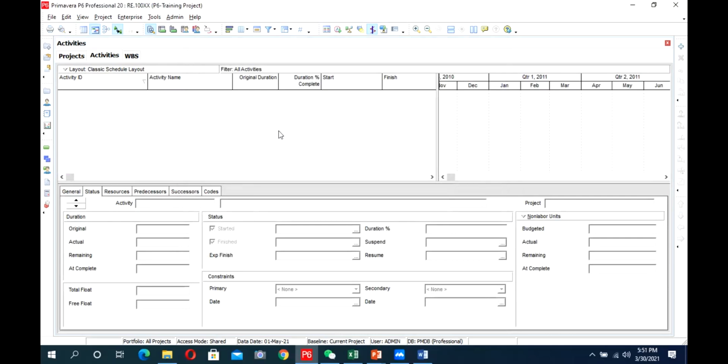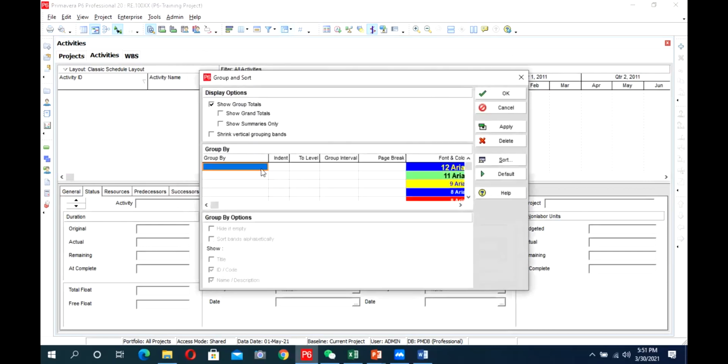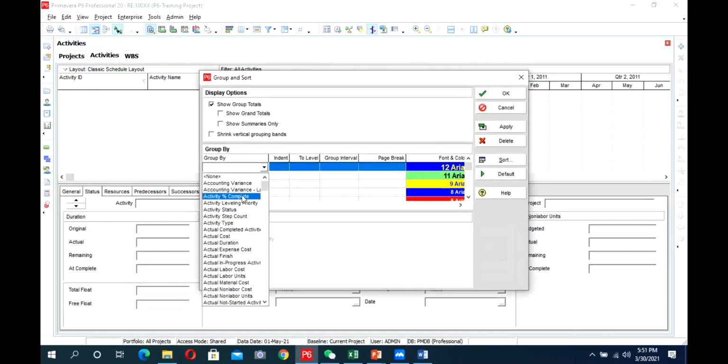There are many options for how you want your activities to be grouped and sorted. So after making the WBS, we will click here on the Group and Sort tab. Here are some options which we can select. We will select that we represent our activities on a WBS basis, so we will select WBS from here.